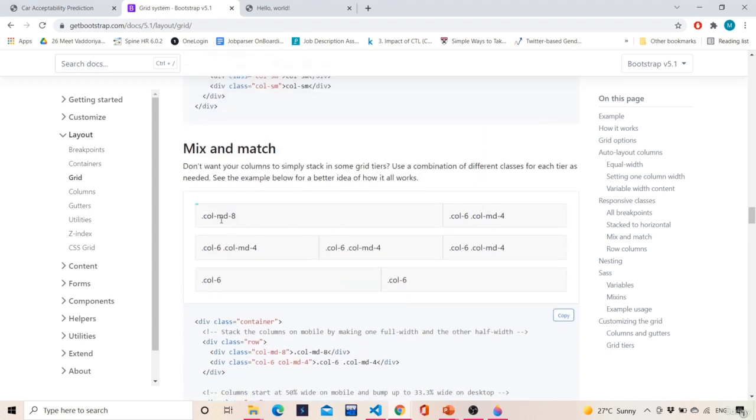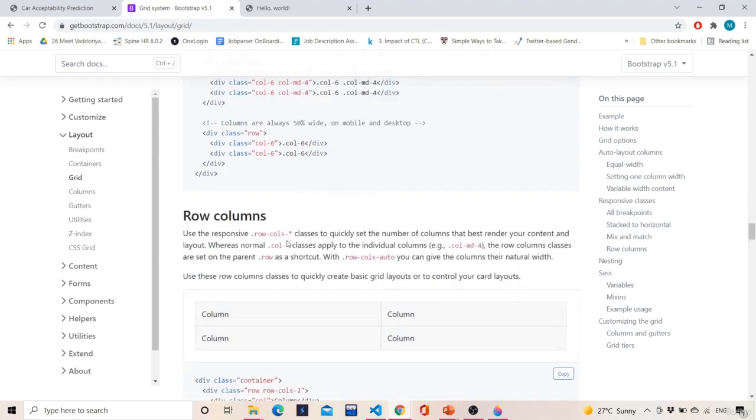So there are several things like MD. What does this MD mean? MD is nothing but medium, SM is nothing but small, and LG is nothing but large, as the name suggests. First character, last character, like that only. So col-6 means it is taking 6 blocks of space. Col-md-4 means it is taking 4 medium-sized blocks of space. Col-6 means it is taking 6 unit size of spaces. And col-lg-4 means it is taking 4 large blocks of spaces, right?